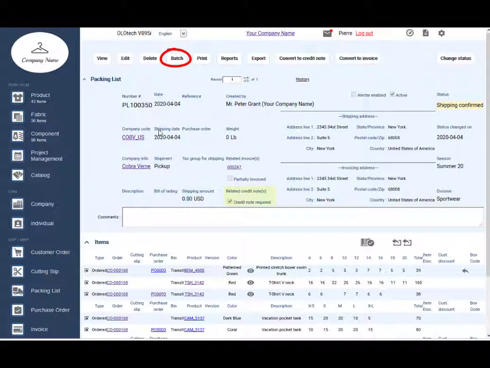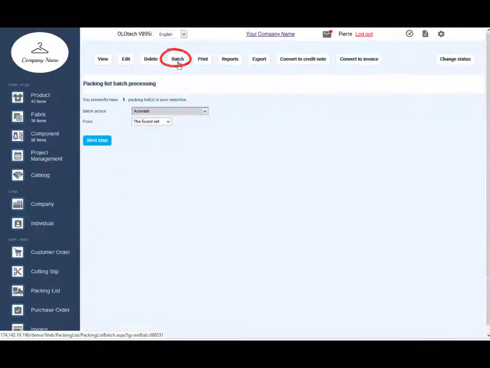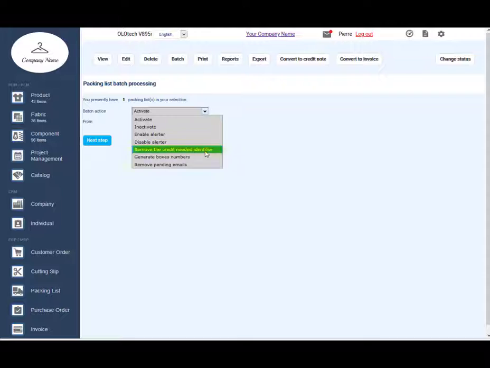If you want to remove the credit note require indicator, you can go in batch